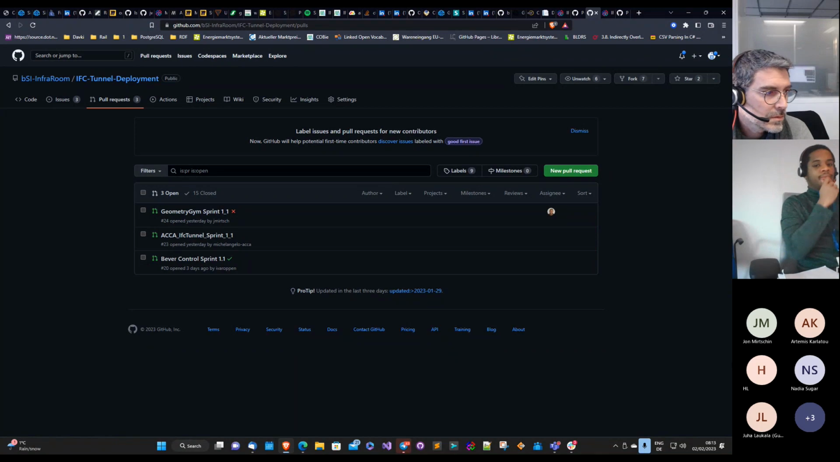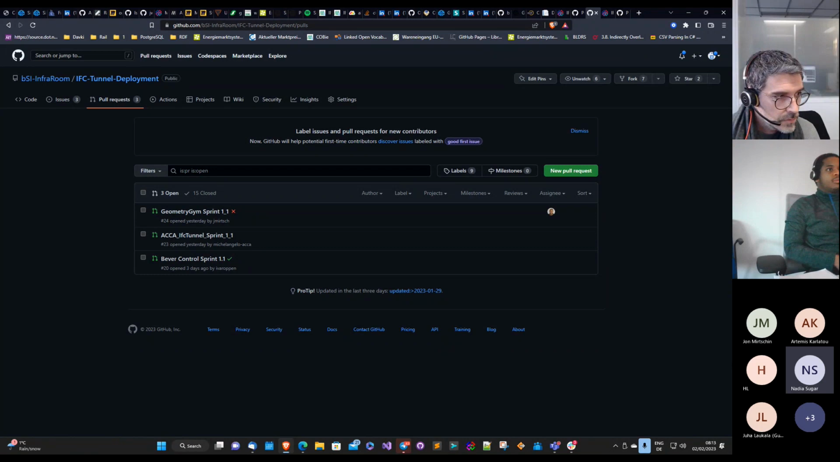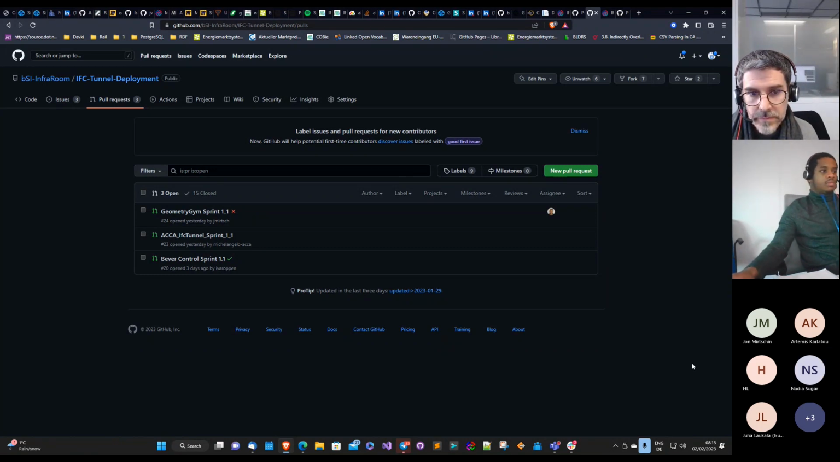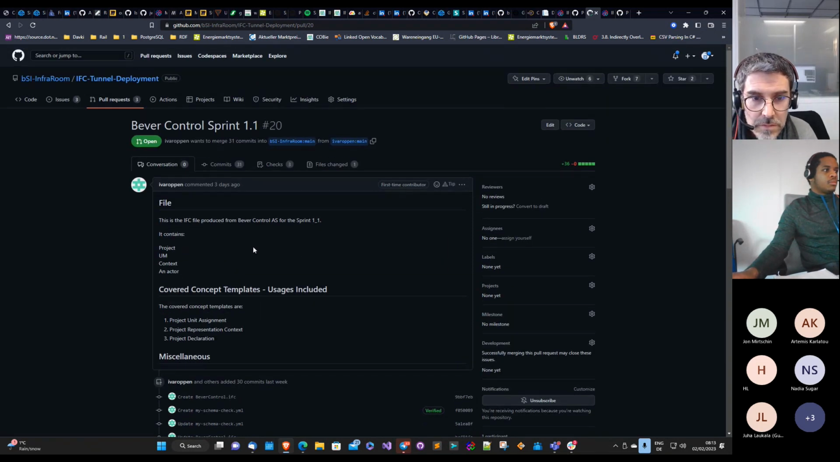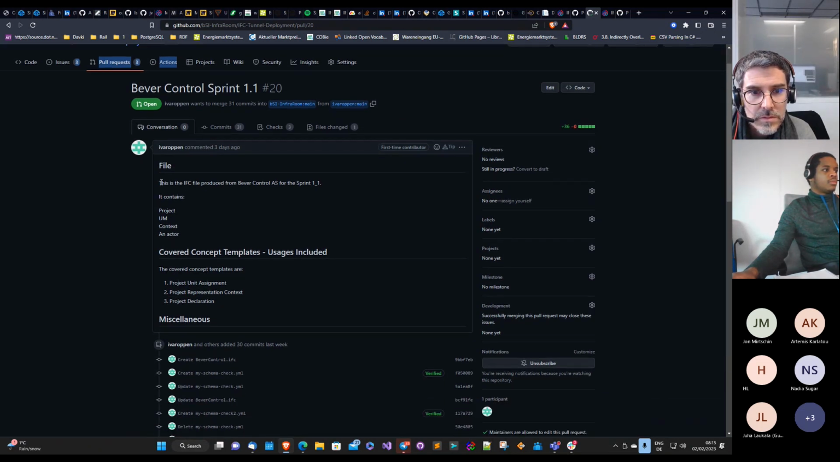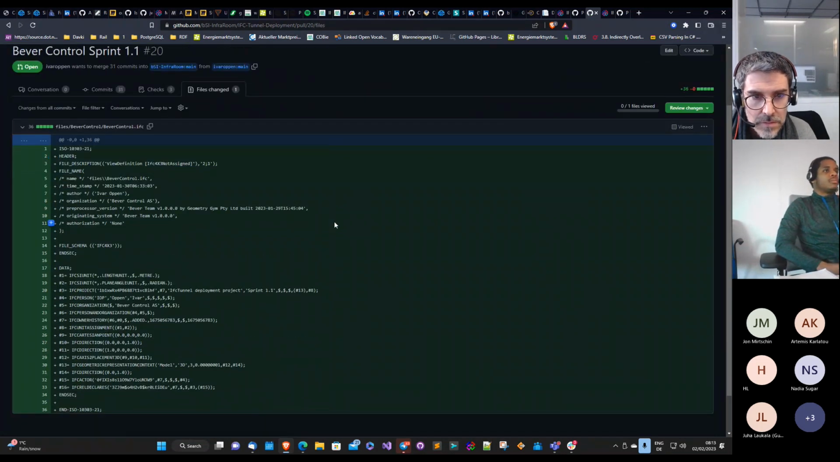Then we have all of that, because this meeting is just half an hour long. It's mainly for technical issues. If I go through the entire thing, it's going to take a lot more. But in principle, I can show you on an example. You fork this IfcTunnel deployment repository. You open a pull request with this template. You upload the file, and then